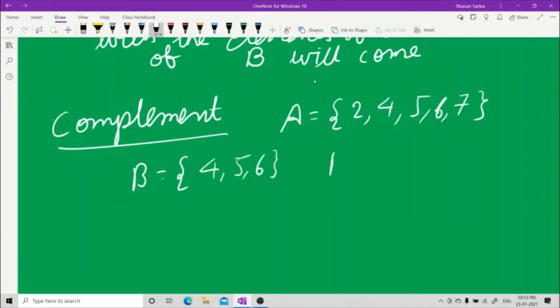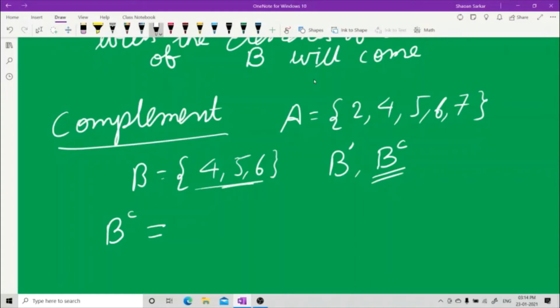So B complement, in some books they write like this, in some books they write C over B on the top. I'll use this. In some books, this is B dash. In some books, they write B like this. This is the best expression. B complement will be,